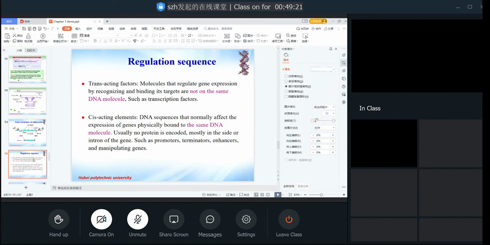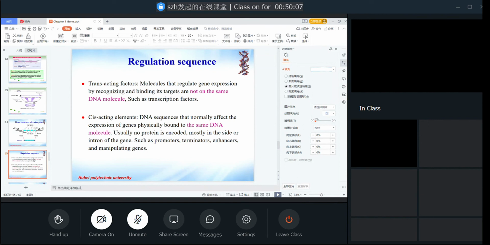Another thing is you can say regulatory sequence. In the genes, the corresponding regulatory sequence takes the action. We give the name cis-acting function. Another thing, you can see here cis-acting elements, the DNA sequence that normally affect the expression of the gene,